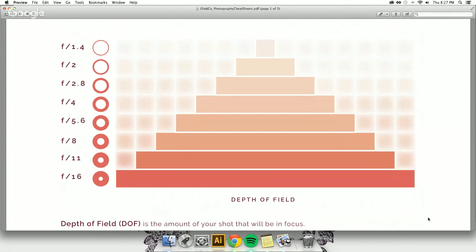So the blurry background is really difficult to get when your depth of field is very deep, or basically higher. So when it is F/16, when the F number is 16, the exposure is really, really low, and the depth of field is low too, which means that everything is in focus. You don't get that blurry background. But on the first one, when I say F1.4, you can see the shutter is really open, and there's a lot of light coming in, and that means your photo will be brighter, and also it's easier to achieve that blurry effect in this case.